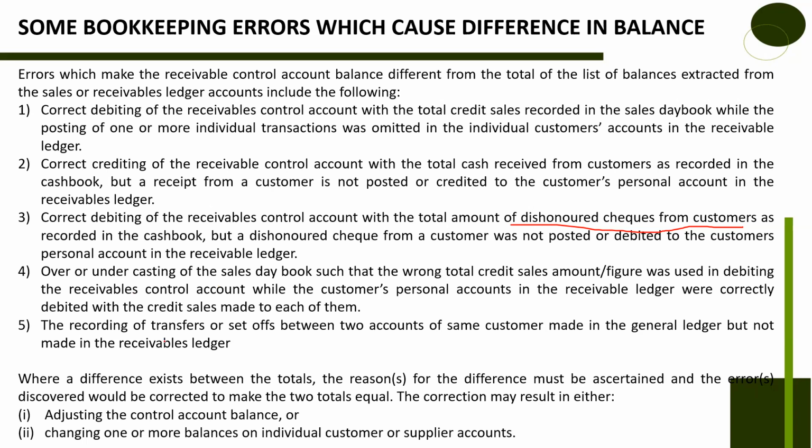You can see number 4, over or undercasting of the sales book such that the wrong total credit sales figure was used in debiting the receivables control account, while the customer personal accounts were correctly debited. Number 5, the recording of transfers or setoffs between two accounts of the same customer made in the general ledger but not made in the receivable ledger. When you were doing the setoff, you recognized it in the general ledger, but you didn't transfer it into the receivable account to reduce the amount you are owing me,